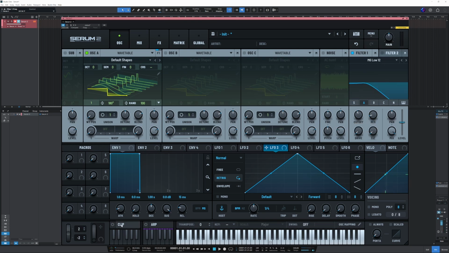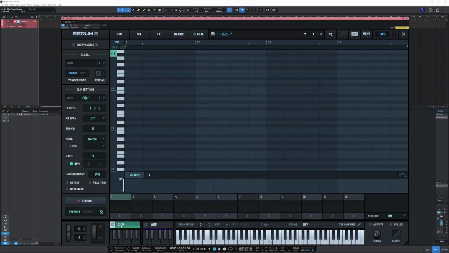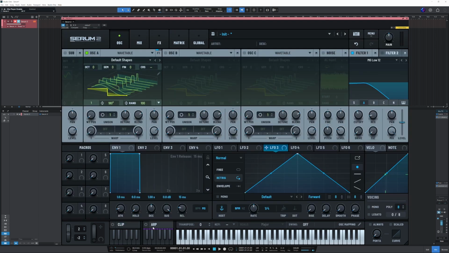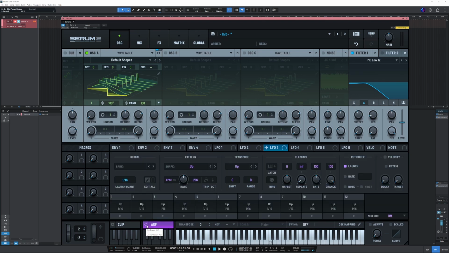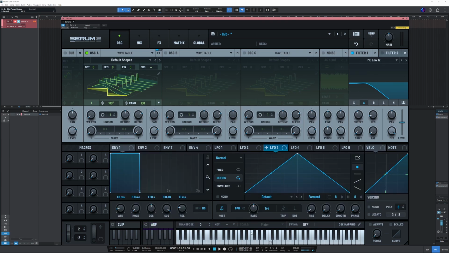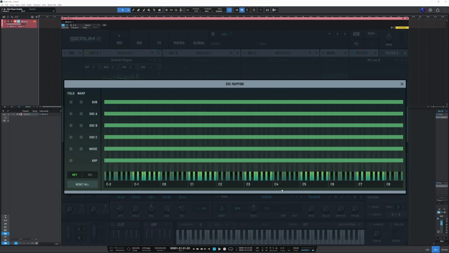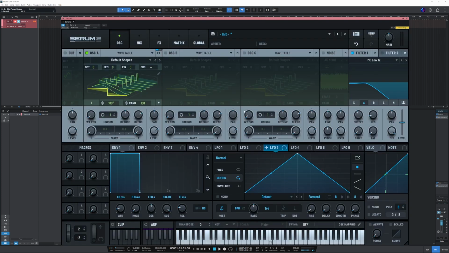Then we have a really cool, powerful, well, clip player. So you can either record your own clips or you can choose from presets. I'll show that in a moment. And then we have an arpeggiator inside Serum now, which is really one of the coolest features for me. The keyboard has been improved, so you can kind of cheat with it here. And then there's oscillator mapping also here, which I'm not gonna get into, but yeah, you can get real funky with this one. So what should we do first? I think we could just start with one simple